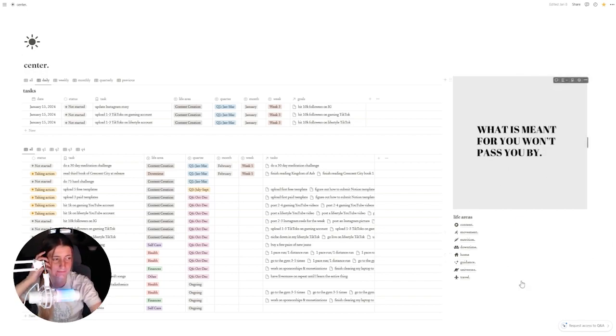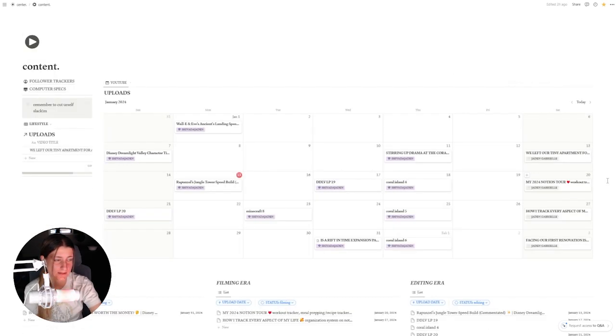Next, we have this little column, and basically this is just my navigation, and I use almost all of these every single day. There are like a couple that aren't super important, but first we have content. So this is my content creation dashboard, and this is where I just keep track of all of my videos. And this one I think is going to be my first template that I do upload. Although the template is going to be a little bit more detailed and a little bit different looking than this, I have like really personalized it to my taste.